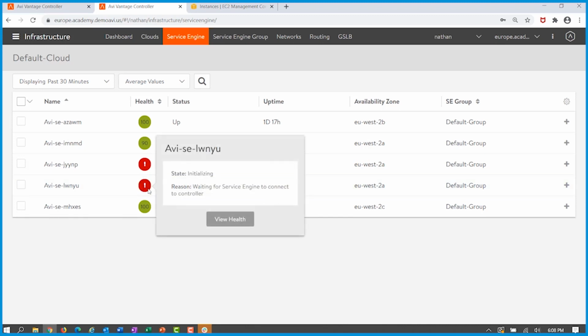And I've got this new load balancer. Now it's spinning it up. It's waiting for it to connect to controller. And the status will change as it keeps hitting each of these milestones, configuring the next, pushing the config down to it. So it'll take, depending upon the environment that you're in, and do you have SSD, do you have disk? In a virtualized environment like this, like in Amazon, it'll take about 3 minutes or so to spin up